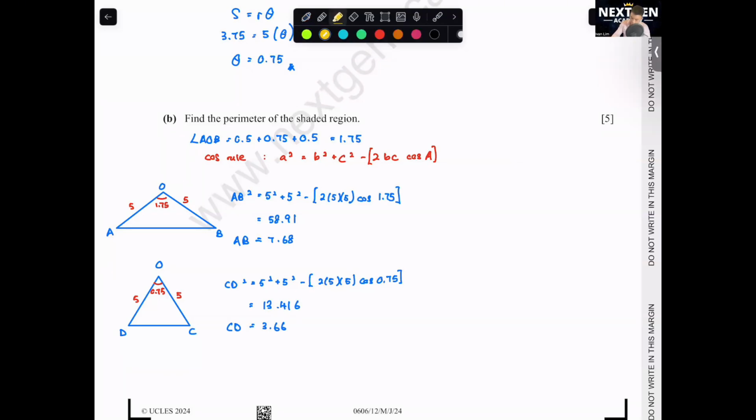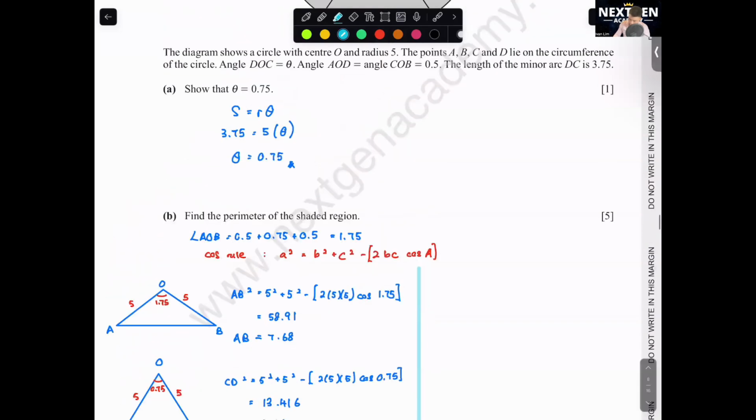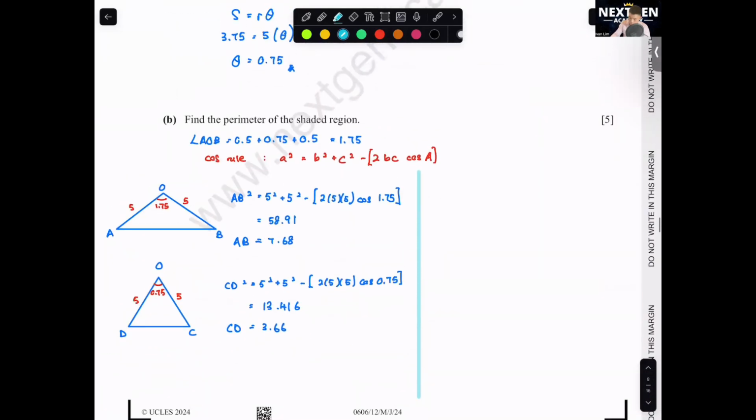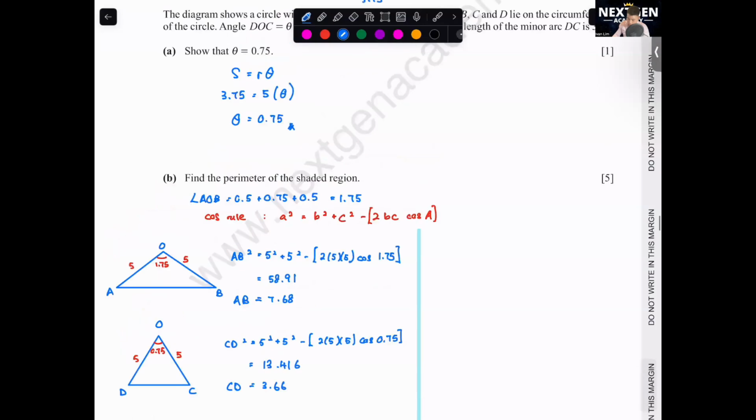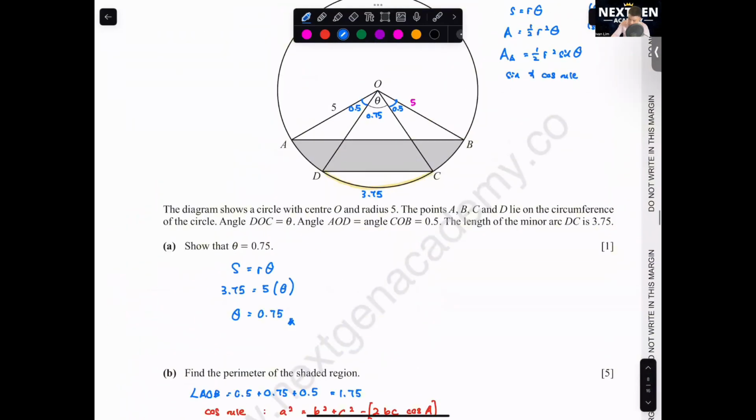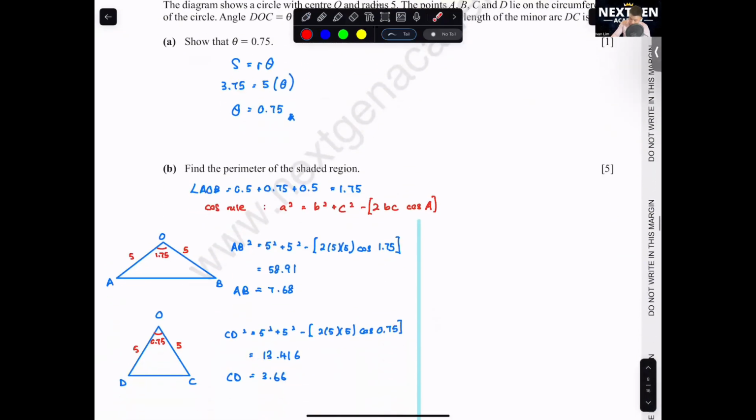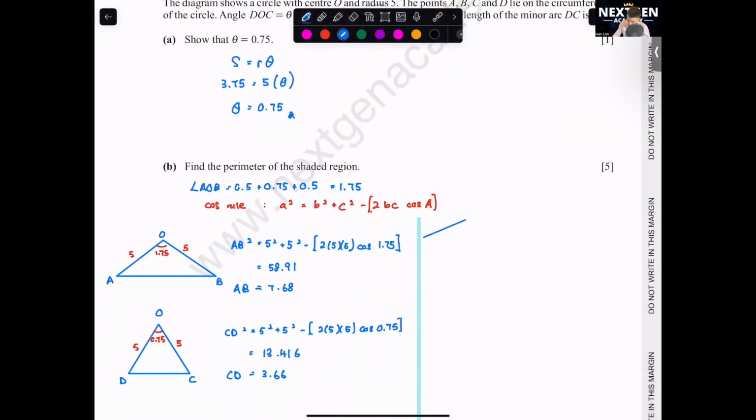Okay, your total perimeter, you add it all up together. Wait, got one more. Your AD and BC. These two parts here are arcs. Okay, so here, see this part here. This one is arc, 0.55. Okay, you got two of these. So here will become